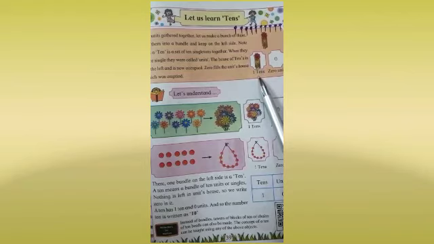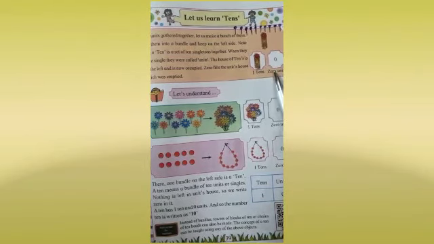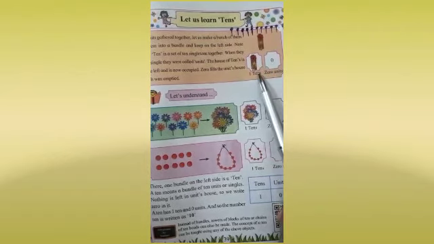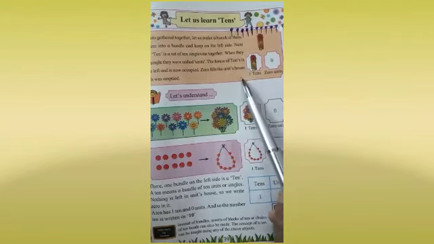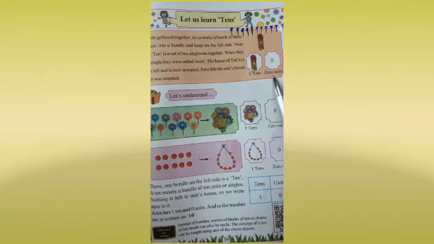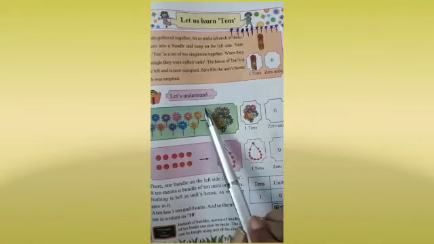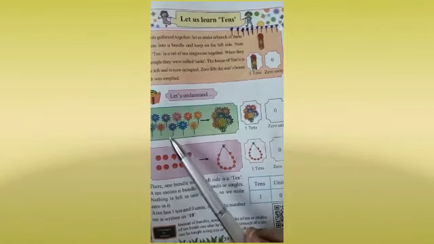And 1 tens is always kept on the left hand side, and 0 unit is on the right hand side. So see properly children, tens will come on the left hand side and 0 will come on the right hand side. This is their place. Okay, tens is on which side? Yeah, left side, and the unit is on the right side. Now let us see a few more examples and understand the tens.